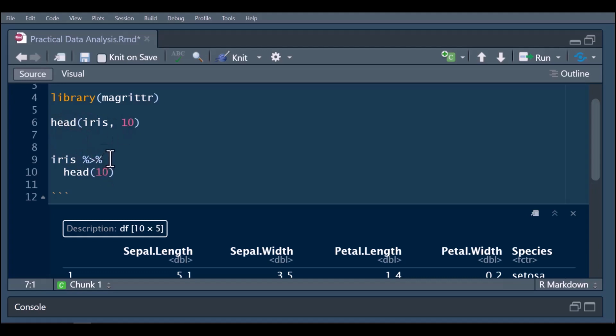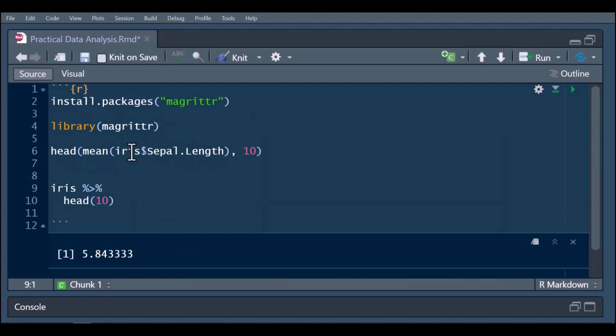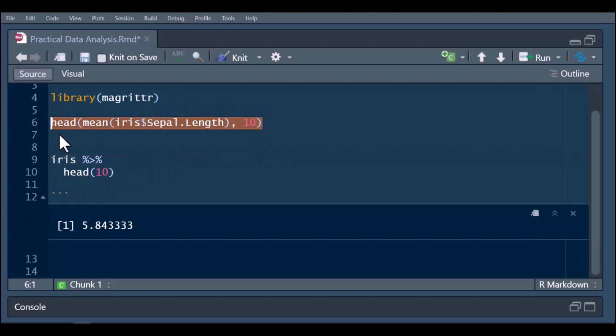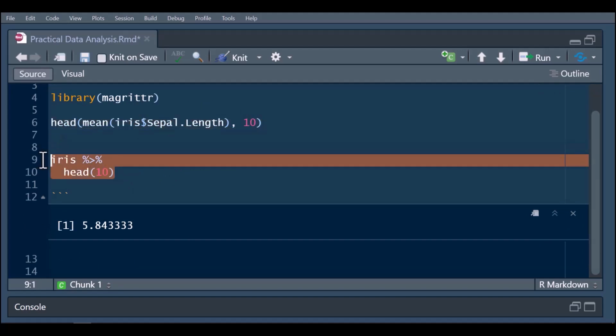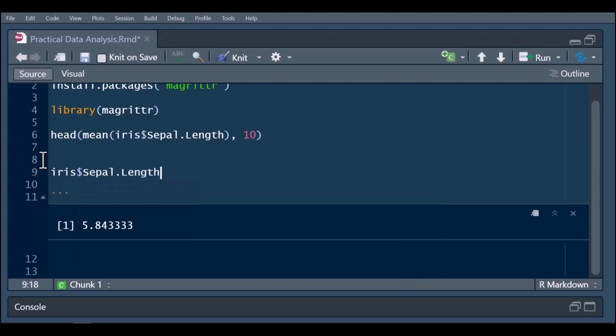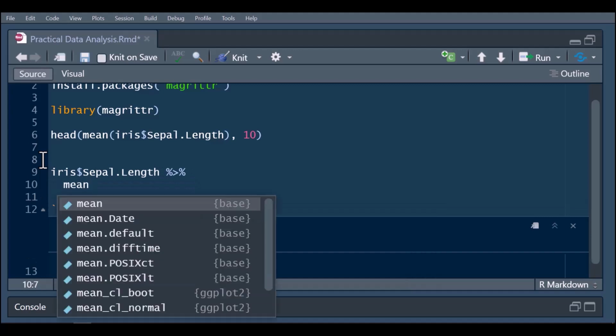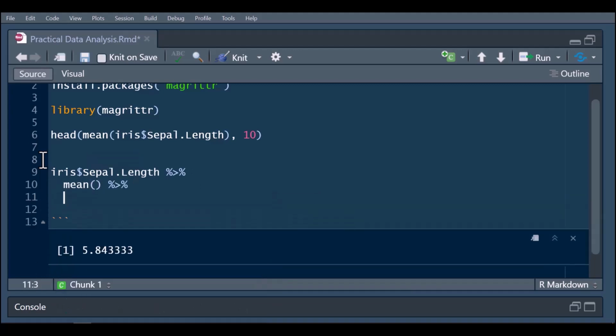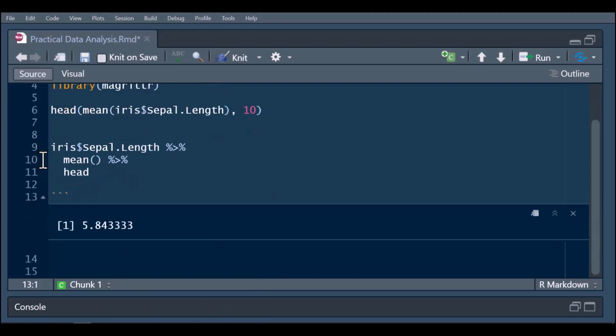This pipe operator was created to make things easier, because sometimes you nest a function inside a function. For example, let me show you head, then mean, iris, and I can say Sepal.Length. You see that I've already nested a function inside a function. Sometimes this might look confusing. So instead of writing this nested function like this, I can make it easier and just say iris, I can say Sepal.Length, and I'll pass it to the mean function, and I can now pass it also to head,